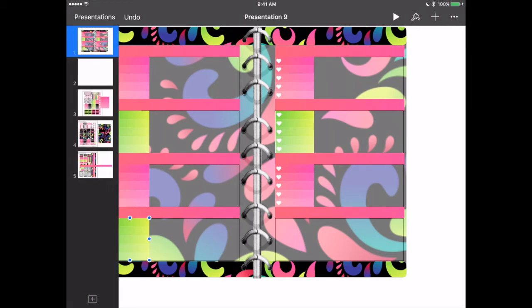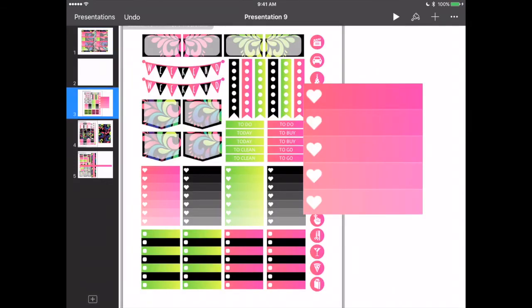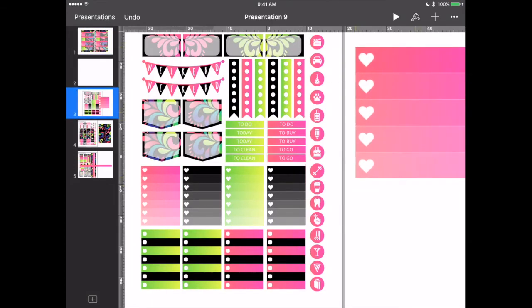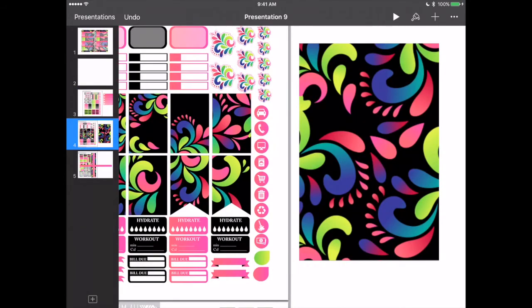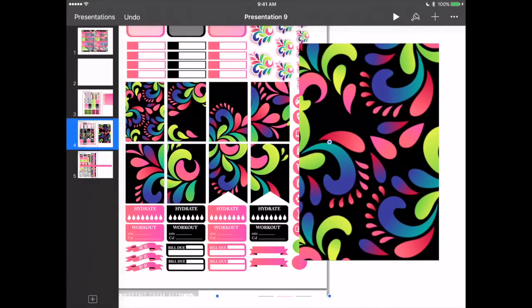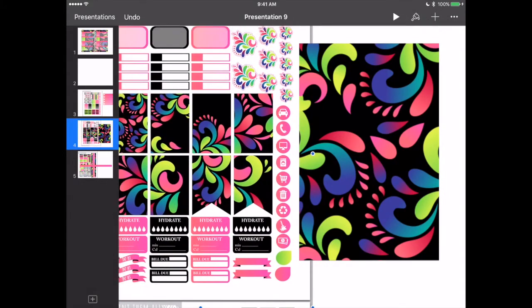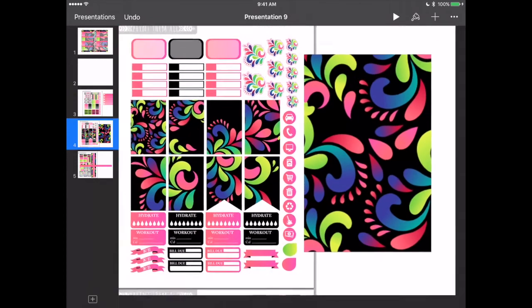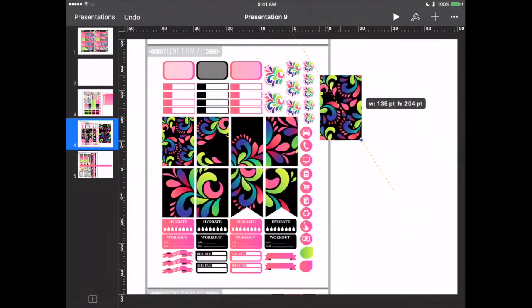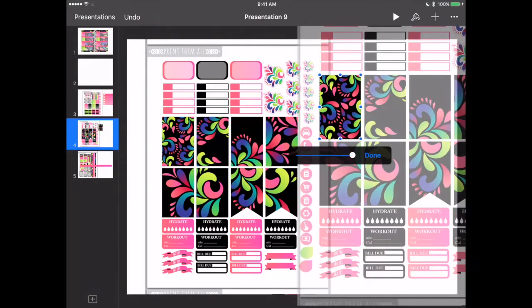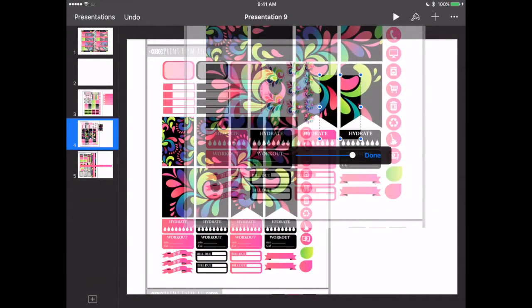What do I want to use for appointment labels? Do I want to use the decorative boxes? She doesn't. Ooh, look at these pretty pink banners. I think we're going to use the banners. I do believe that is what I'm going to do. So I'm going to, since I haven't really changed